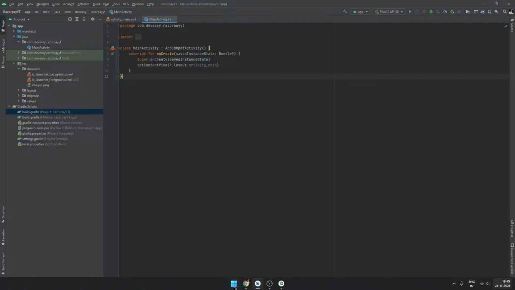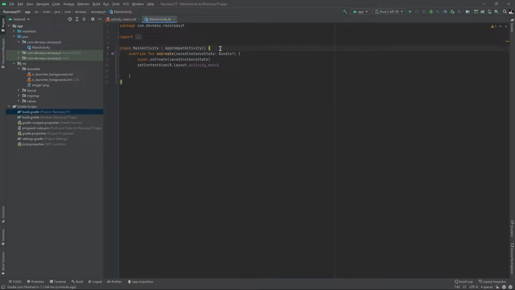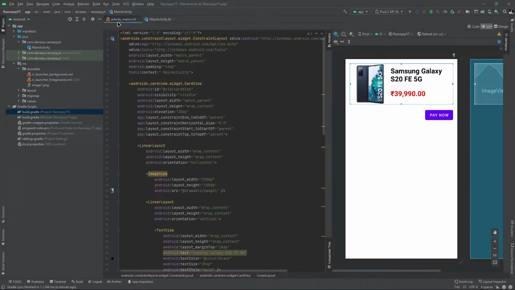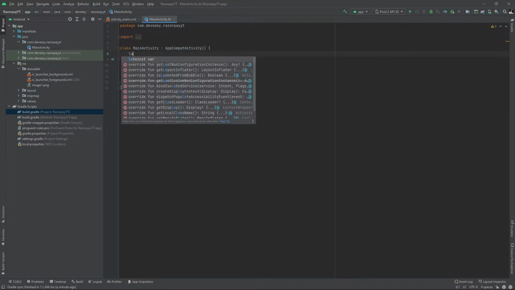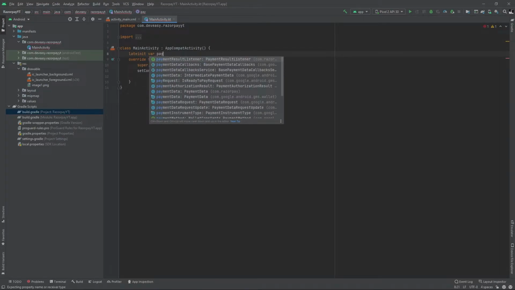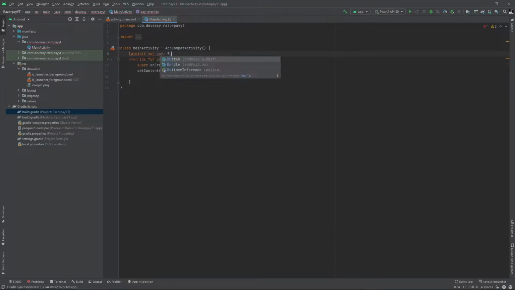Now we'll go to our main activity. So inside our main activity, when we click on this pay button, we will respond to it. So I'll create it here. And we'll find the view from here.